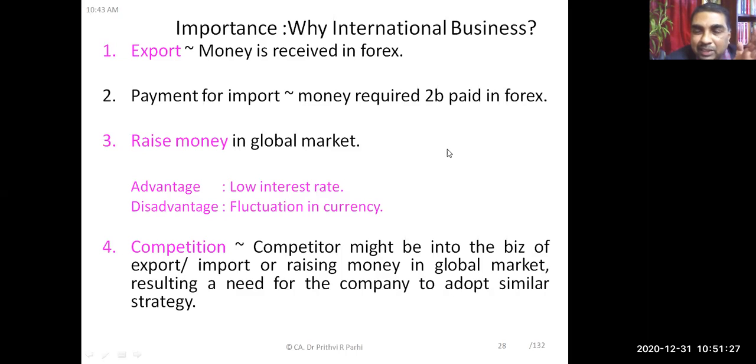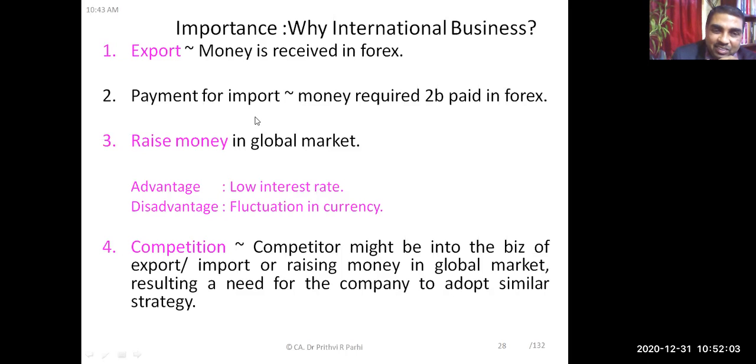That means cost of equity is less, cost of debt is less, interest rates are less. So if you get capital at a lesser cost, that will help you in maximizing your profit. So there is a possibility of raising money in global market. It has great advantages of low interest, low cost, but the disadvantage is fluctuation in currency. Currency will fluctuate. Okay,